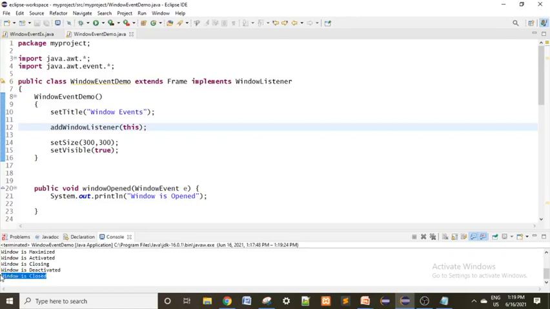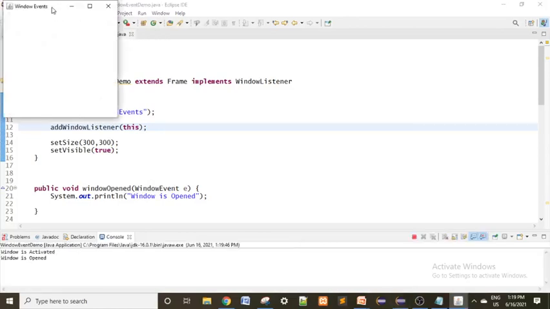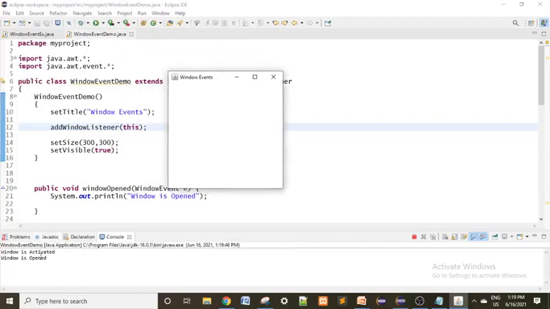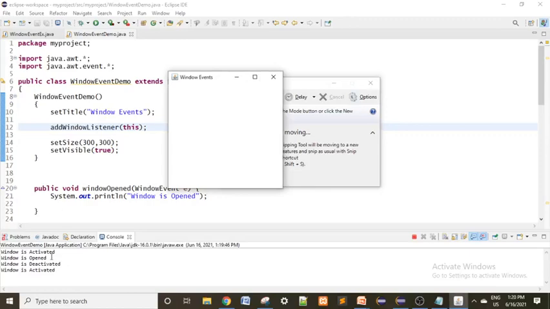This is called a window event. How to handle window events? For example, you can open this one more time. The first time the window is opened as well as activated. Now when you open another window, the window is deactivated because it stops working. When you click again on that window, the window is activated.